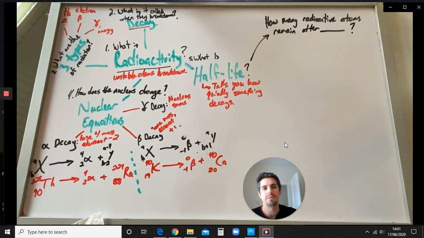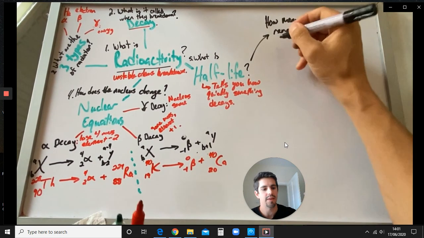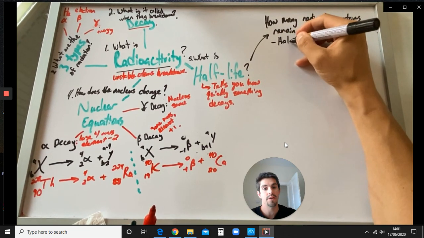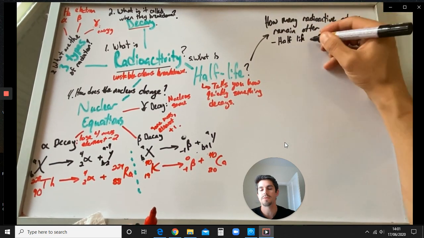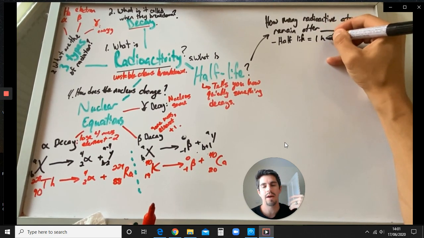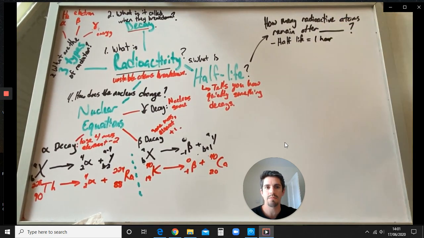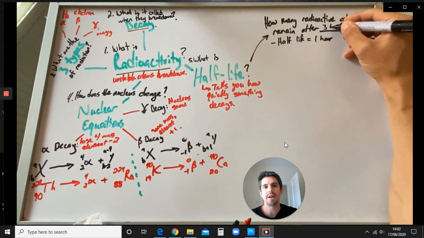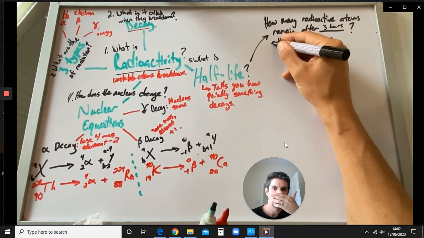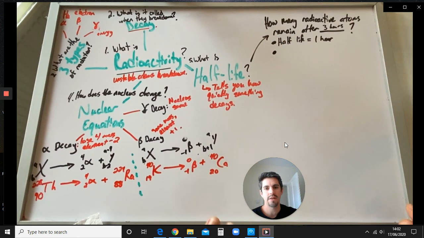First type of question would be, how many radioactive atoms are going to remain after a certain time? Now, for this type of question, they will tell you what the half-life of this thing is. And they have to tell you how much time is passing. So you don't need to work out the half-life in this one. You need to work out how many are there if you know what you started with. They'd say, okay, a radioactive substance has a half-life of, say, 1 hour. And how many of them are going to be left after 3 hours? And the only other thing they still have to tell you is how many did you start with.